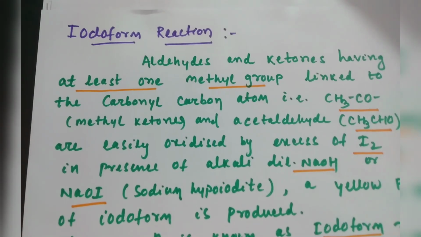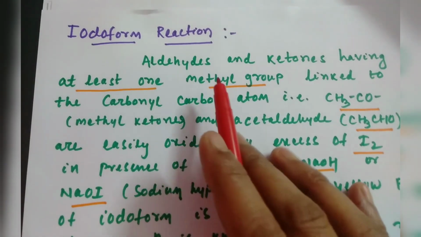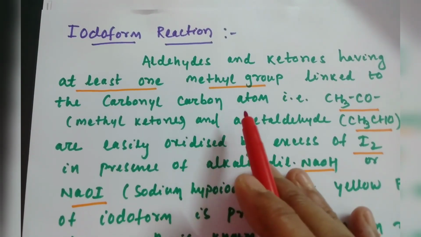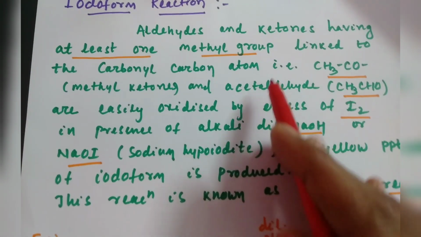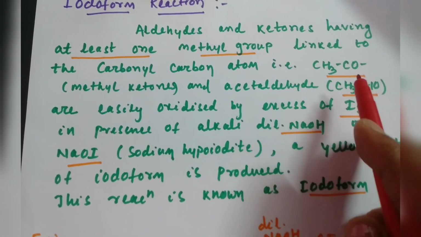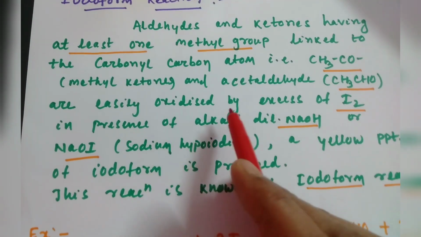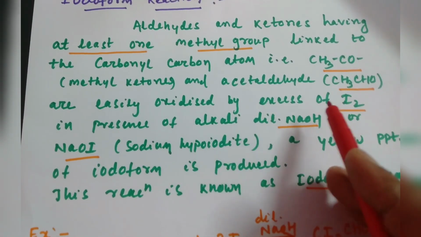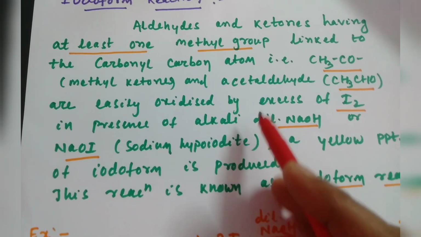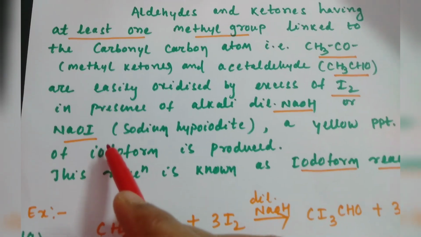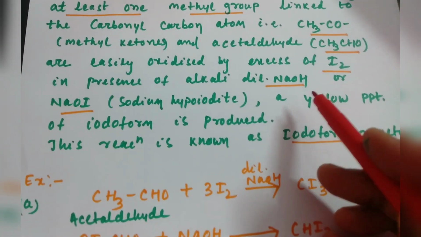Now today we will discuss the iodoform reaction. Now what is the iodoform reaction? Aldehydes and ketones having at least one methyl group linked to the carbonyl carbon atom, that is the CH3CO group, which is a methyl ketone, or acetaldehyde group, are easily oxidized by excess of I2 and aqueous alkali or dilute NaOH, or you can write sodium hypoiodite NaOI. Then a yellow precipitate is formed, which is known as iodoform, and this reaction is known as